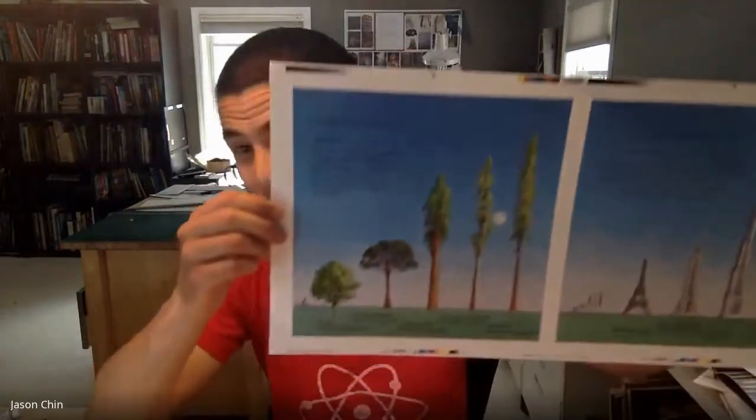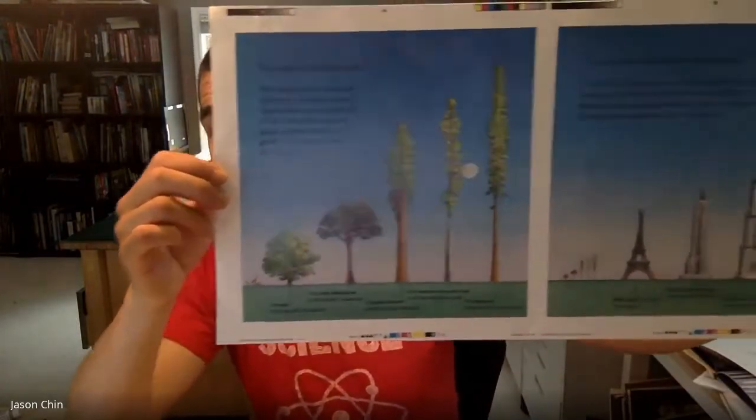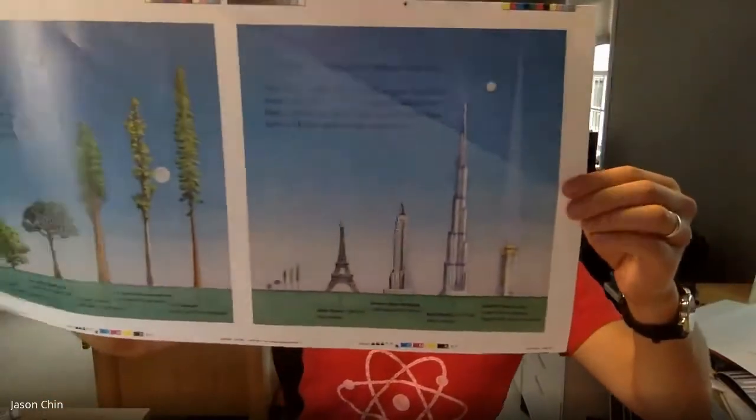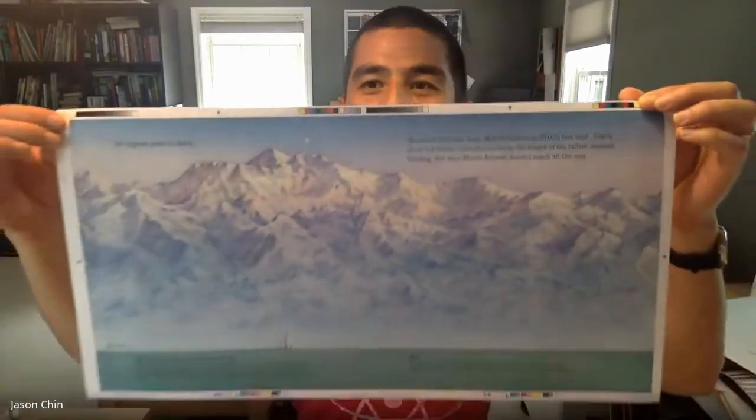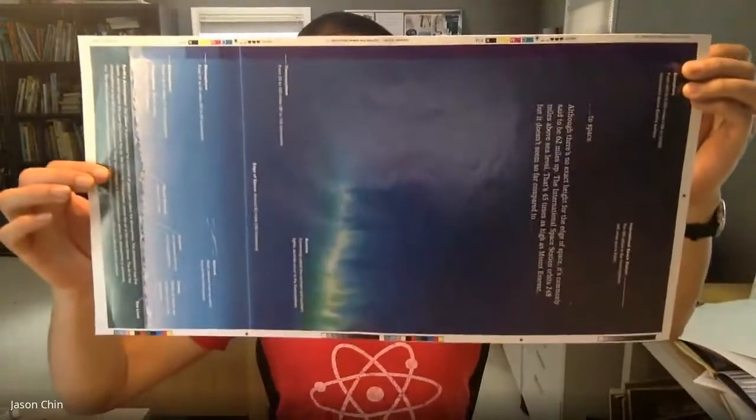And uh-oh, they're out of kids. It turns out that giraffes are really tall, but they're not the tallest living things. Those are, you probably know this, redwood trees. And redwood trees are really tiny compared to the tallest buildings. And buildings are really small compared to Mount Everest. And Mount Everest isn't even close to the edge of space. The edge of space is so high that I have to turn the book on its side for this one. There's Mount Everest right there.